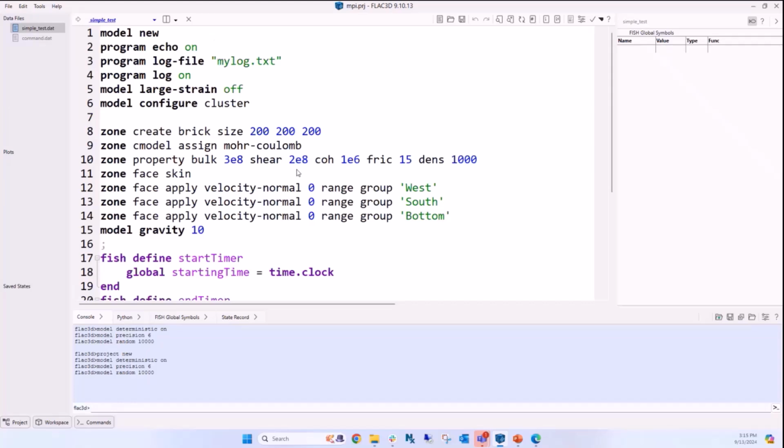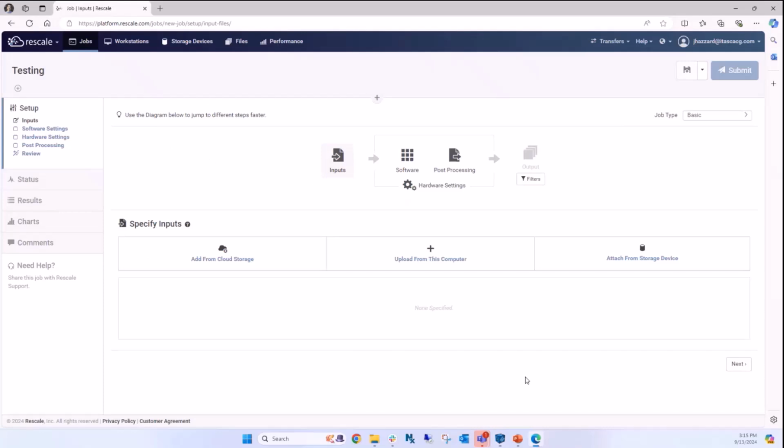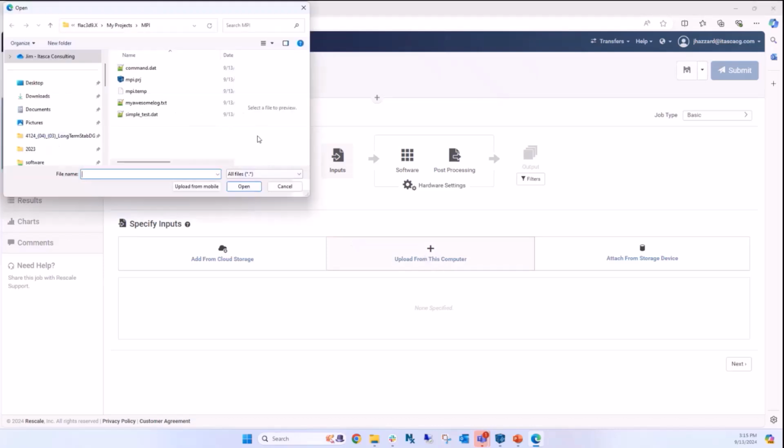So this is what a data file might look like. So if I go back to my Rescale, it's asking me for inputs. You may have some inputs already on the cloud in Rescale. In this case, we don't have anything here, so we're going to upload from the computer. So I just need to find the file that I was talking about, and I'm already in the right directory here, so I just choose simpletest.dat,